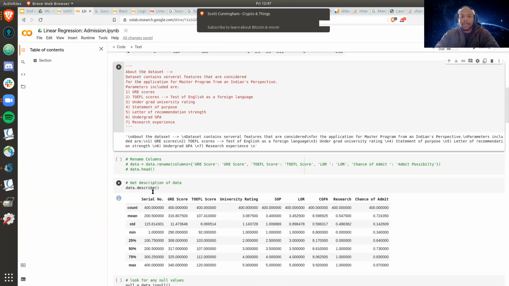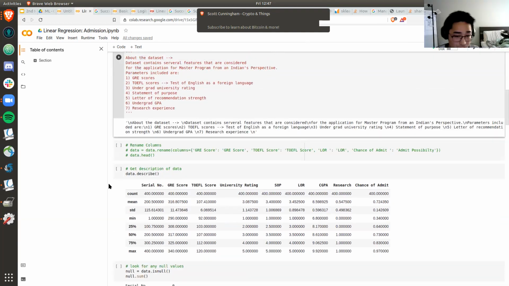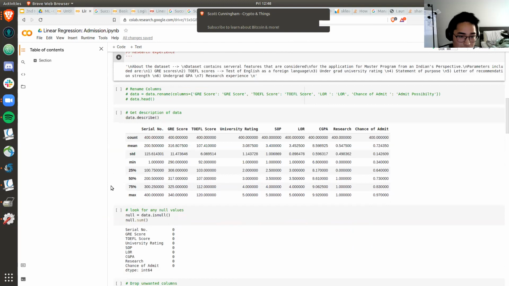We have 7 different parameters, and we're taking all these features into account when we train our model. All these features will determine your probability of getting into the master's program in the US. So the count means we have 400 serial numbers, 400 GRE scores, pretty much just 400 students in this data set.